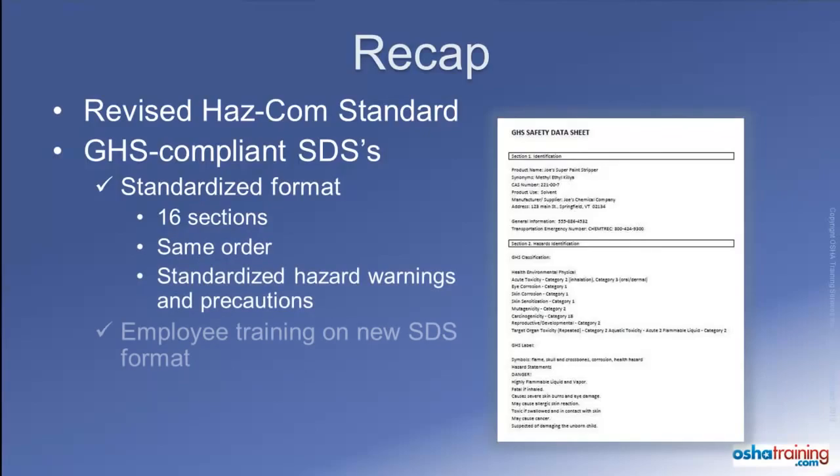Also, employers must provide training for affected workers so they can find and understand the information that appears on safety data sheets. If you have any questions about the GHS format for safety data sheets or about the hazards of